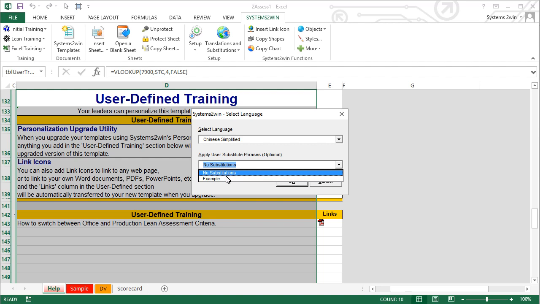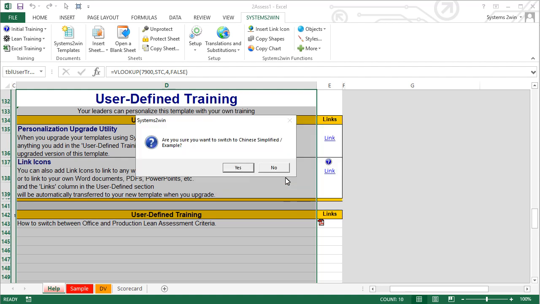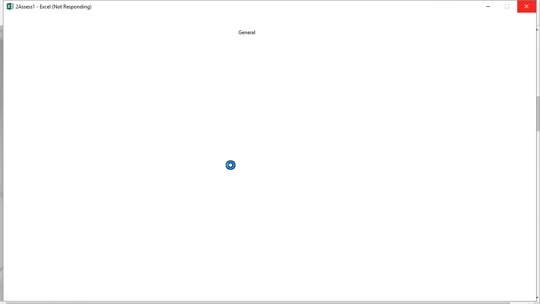For instance, they might have office versus production assessment criteria. And then when you click the OK button, it'll ask if you want to switch to your chosen language and assessment criteria. And that might take a moment because it's doing a lot behind the curtain.